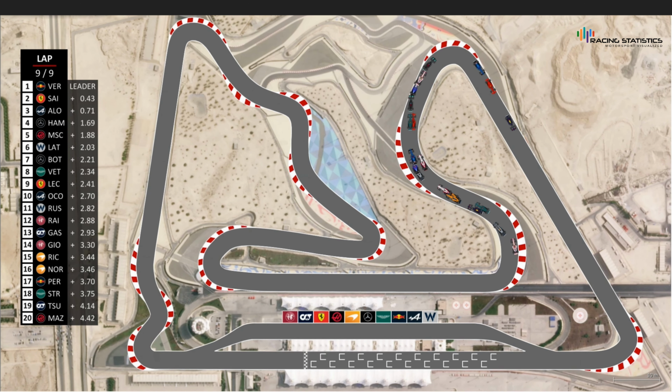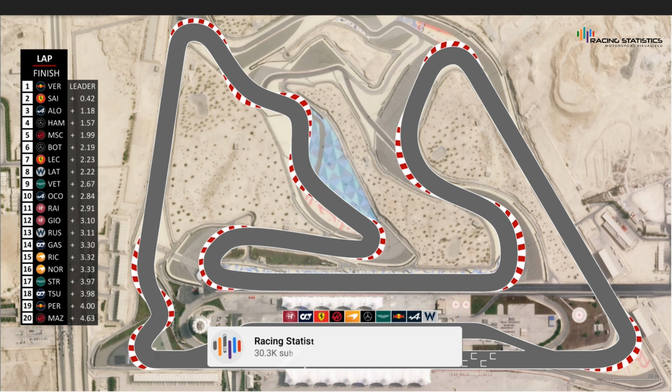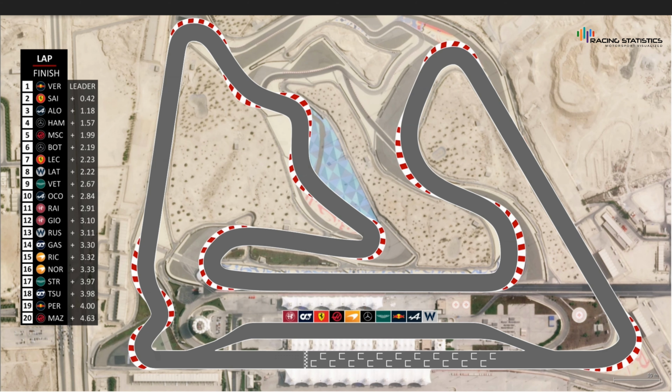Who is going to get the power down onto this final back straight? It is looking like it's going to be Max Verstappen to cross the line to take victory in the alternate reality Bahrain Grand Prix, and he does, from Carlos Sainz, Fernando Alonso. Lewis Hamilton makes it up to P4. Mick Schumacher scores points as well for Haas in P5, then Valtteri Bottas P6, Leclerc P7, Latifi P8, Vettel P9